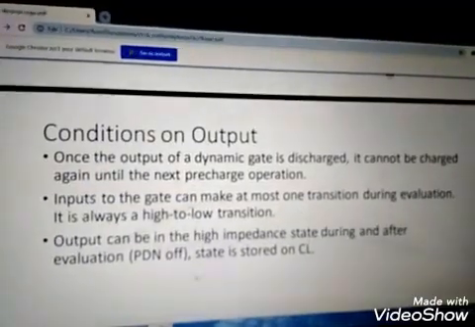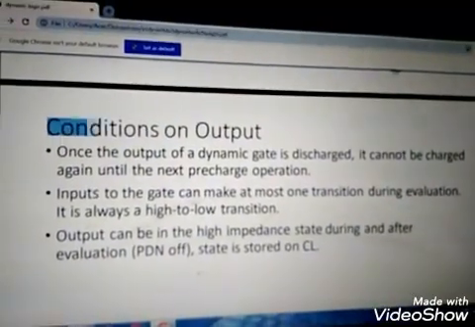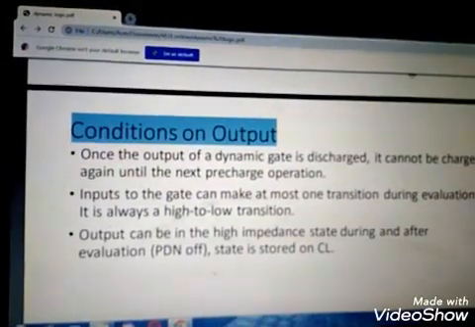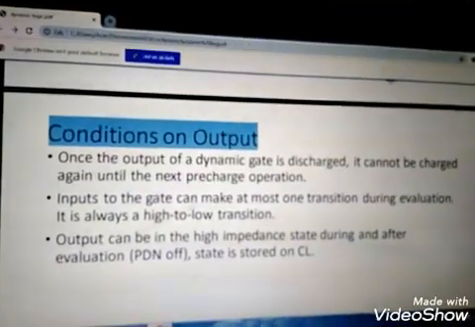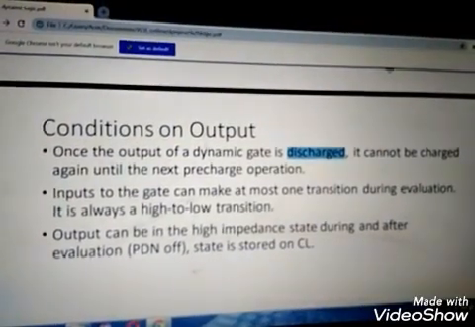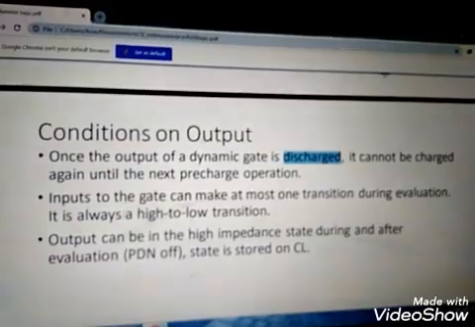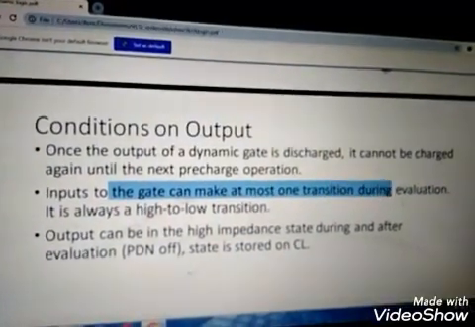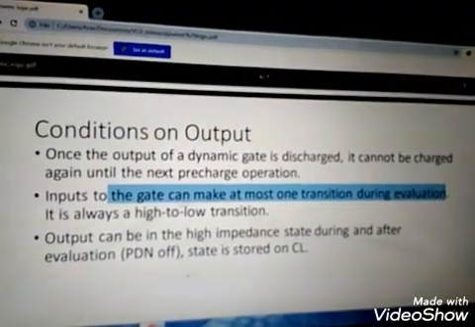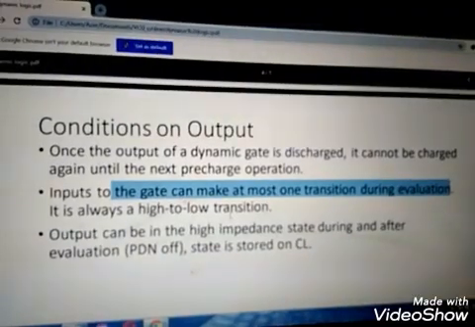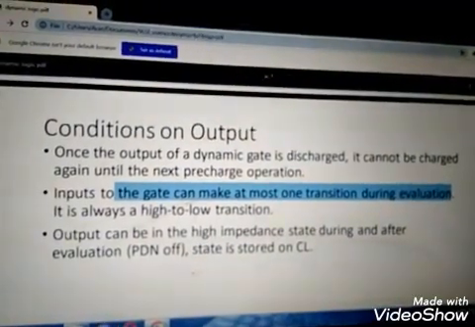Conditions. So what all the conditions we are going to have with the dynamic design. So look into the conditions. The first one, once the output of a dynamic gate is discharged, it cannot be charged. So that is the first condition we have. And second condition, inputs to the gate can make at most one transition during the evaluation phase. So it means that always a high to low transition will occur during this logic implementation and output can be